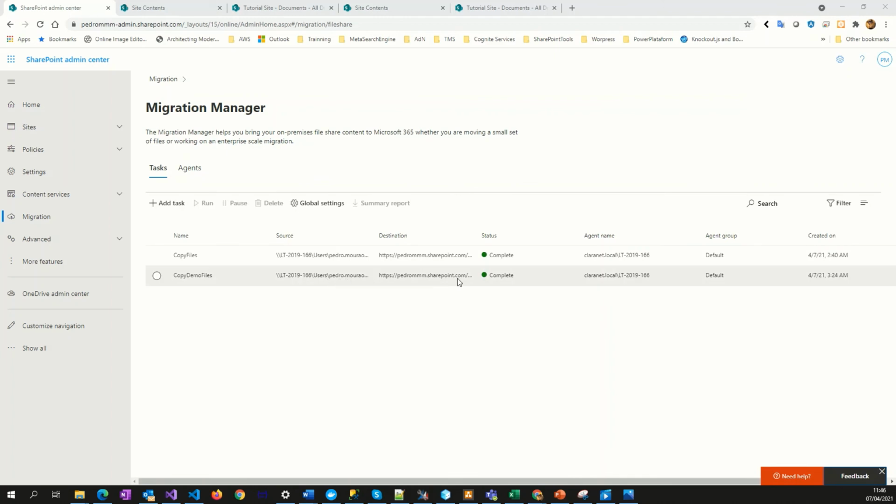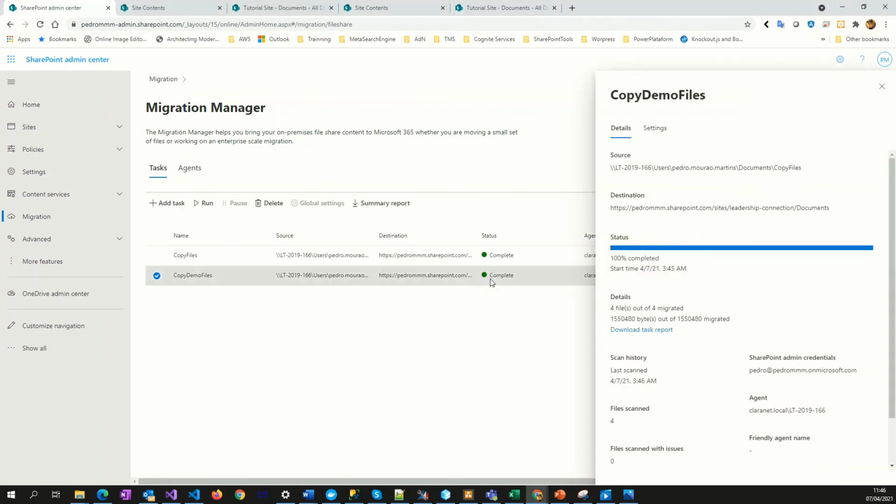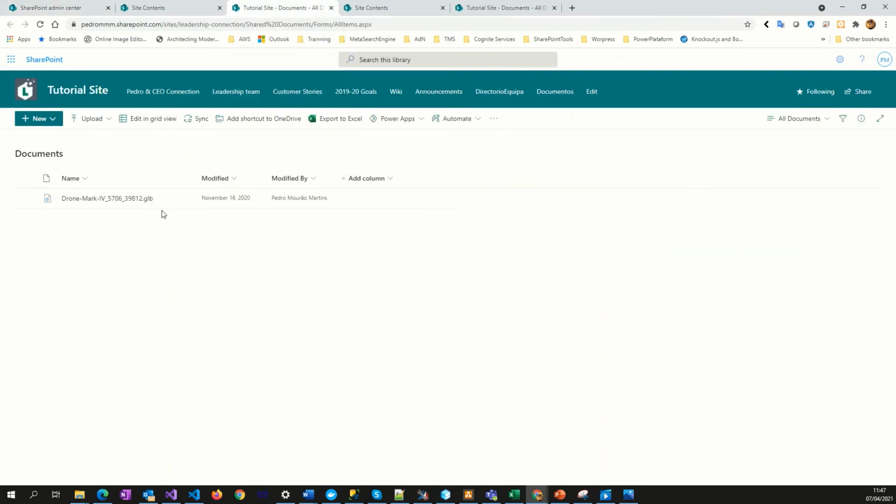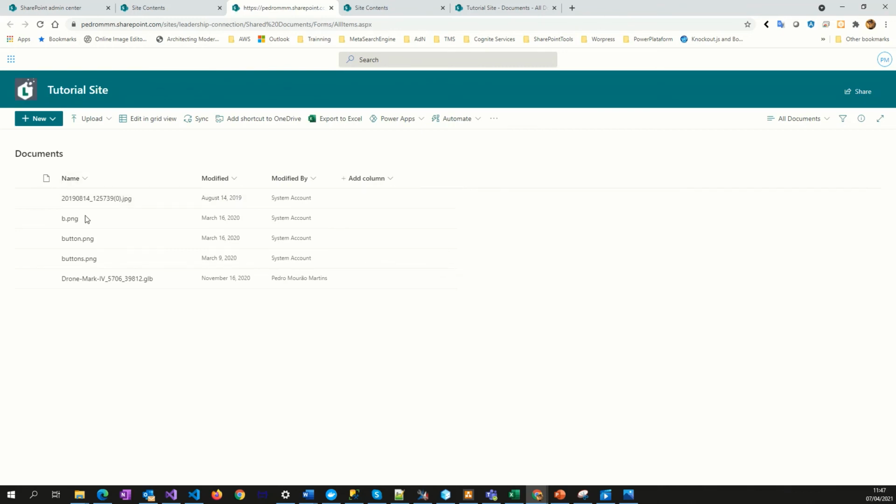So after some time, it's possible for us to see download is completed, the status completed, and the number of files scanned. For example, in our case it is 4 files, right? And if we go, like I said before, to the destination, we will see the files in SharePoint Online, okay, like I showed you before, right?